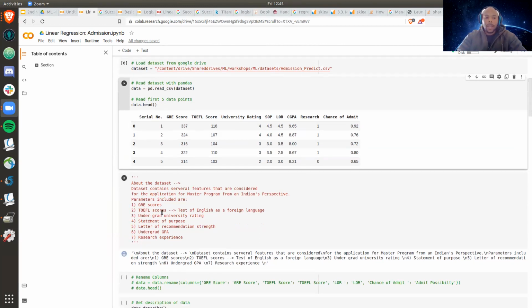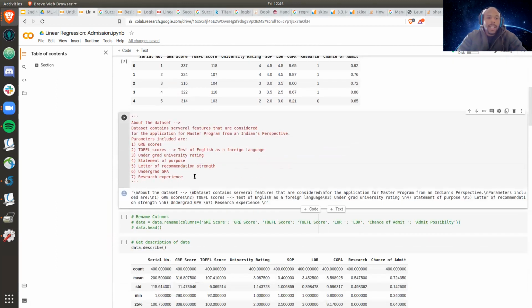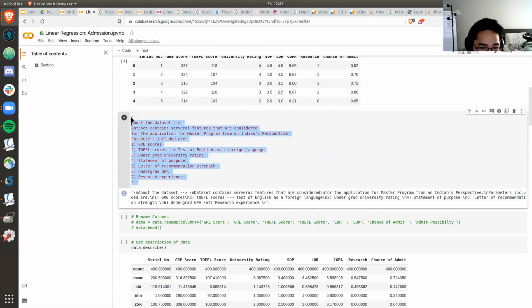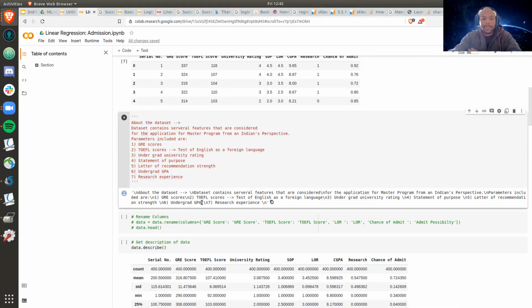Now from there, we're going to move down a little bit. The data set contains several features. Is it okay if I describe the data set real quick? Go for it. When you go into Kaggle, it's always important to understand the type of data you're working with.